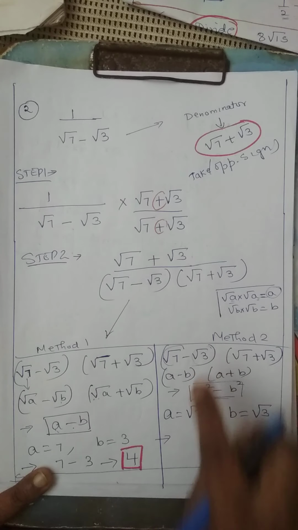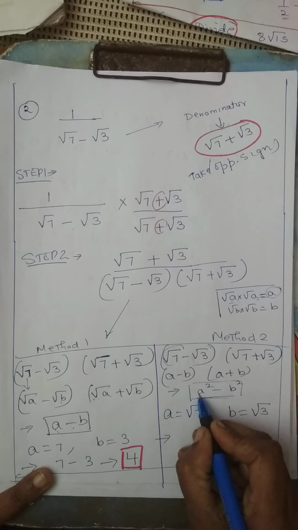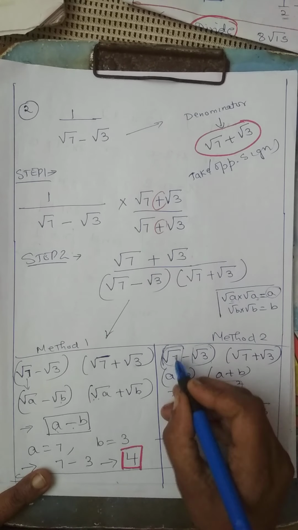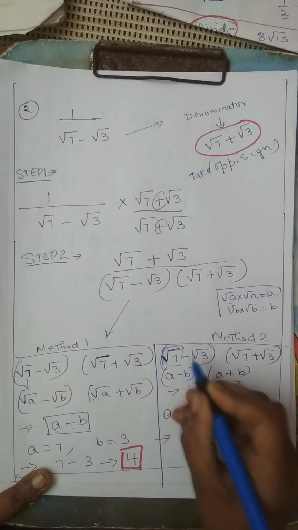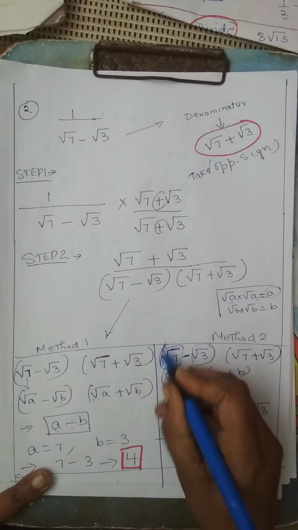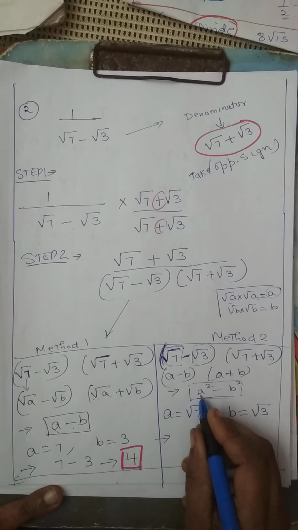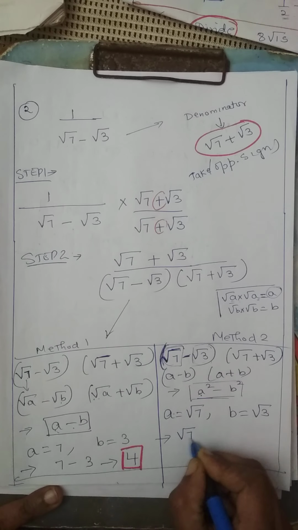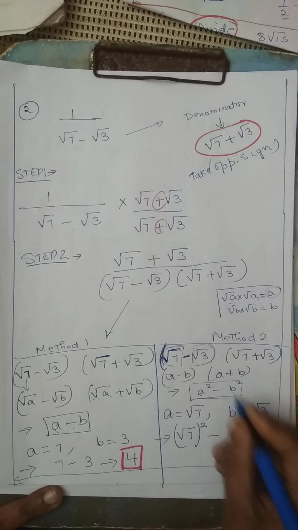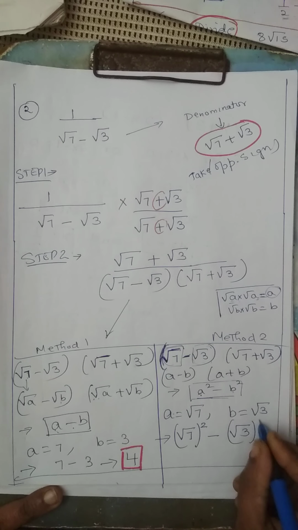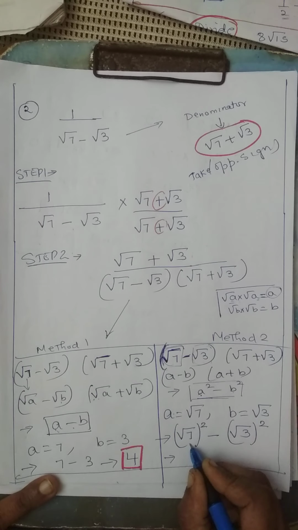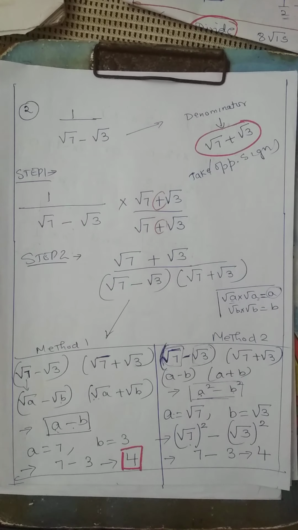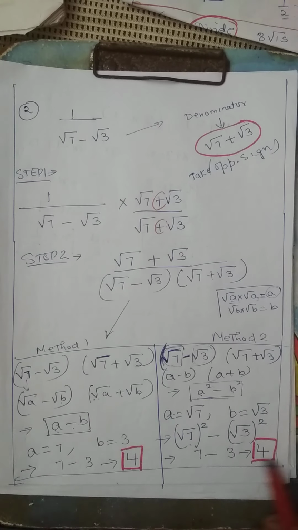Now, when you are doing this identity specifically, this full thing becomes A. This full thing becomes B. Okay. Now, wherever A is there, listen, put the value and don't forget to put the square. Wherever B is there, put the value and don't forget to put the square. So, what is root 7 the whole square? 7. What is root 3 the whole square? Am I getting the same answer? You have to get the same answer.